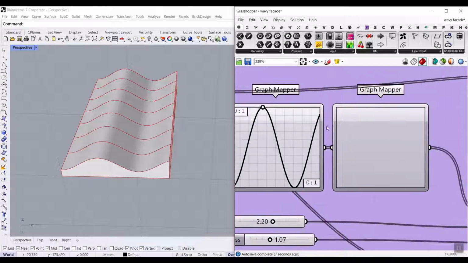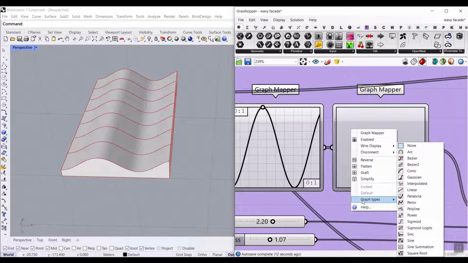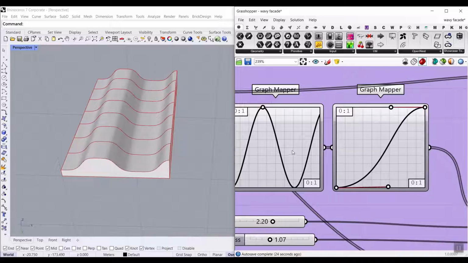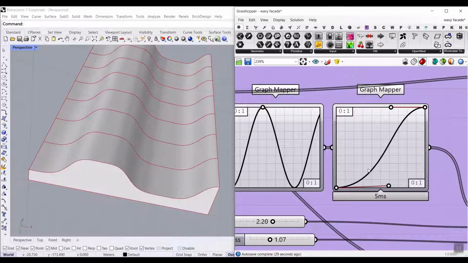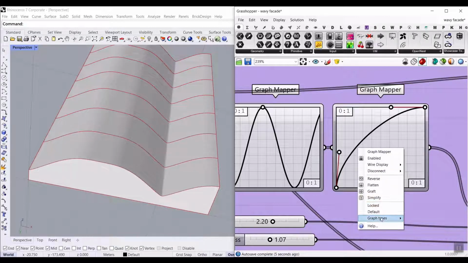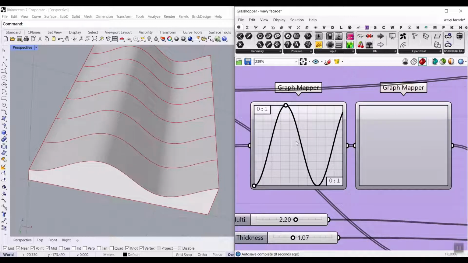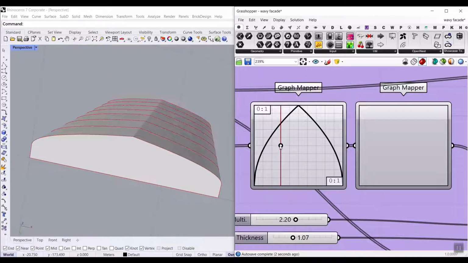I can combine that with another graph mapper, and I have used the Rich Graph Mapper plugin, which you can also download from the post on our website, and you have extra graph mappers. For example, if I put that to another Bezier distribution, change that, combine that with a sine, you can see that I can control the sine wave and maybe just define the shape. So you can also combine that with different graph mappers, or simply put that to none and use one graph mapper. Maybe we just want to use this arc, so I can give that arc shape to the building like that